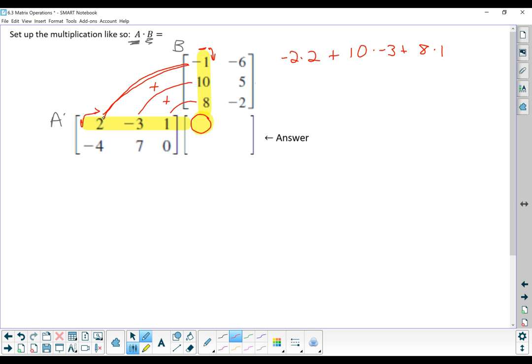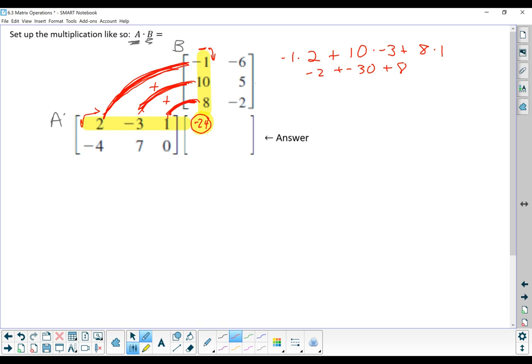So it's negative 1 times 2. Oh my gosh, sorry, I wrote that as negative 2. Negative 1 times 2, 10 times 3, 8 times 1. Kind of like working your way towards the middle. And so when we add that together, we get negative 2, negative 30, and positive 8. So that would be negative